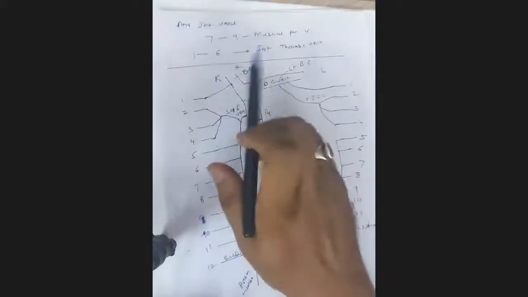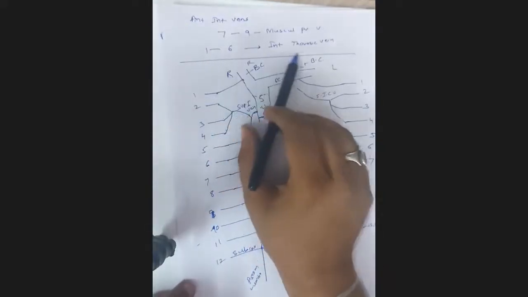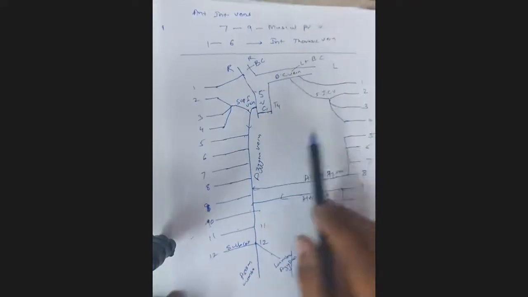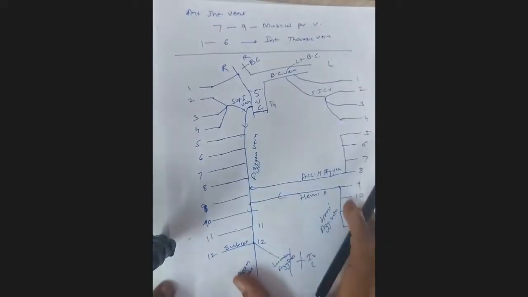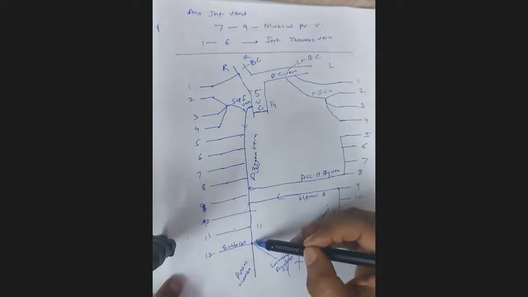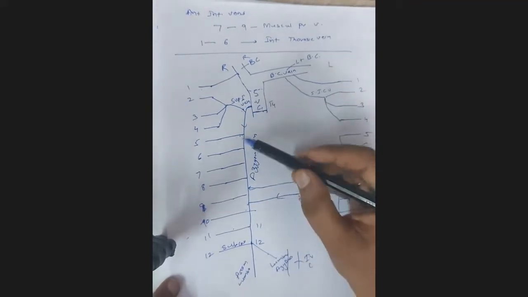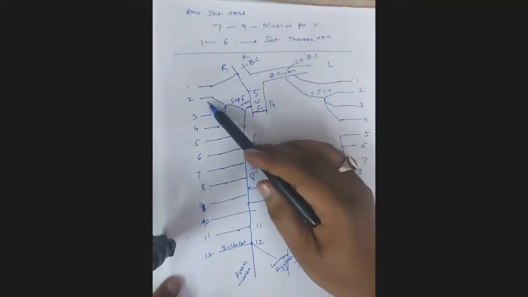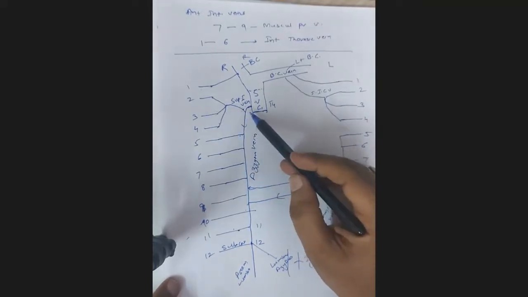When we talk about the veins, the anterior intercostal veins in spaces 1 to 6 drain into the internal thoracic vein, and in spaces 9 to 11 they drain into the musculophrenic vein. As regards the venous drainage of the posterior intercostal veins, the subcostal vein unites with the ascending lumbar and lumbar azygos to form what is called the azygos vein. This azygos vein drains to the SVC, and the posterior intercostal veins 5 to 11 drain into the azygos. Veins 2, 3, and 4 form the superior intercostal vein and drain into the SVC.